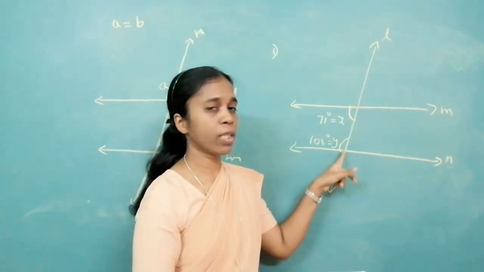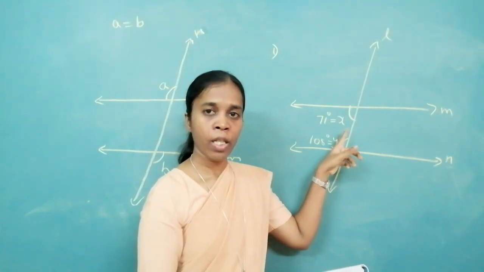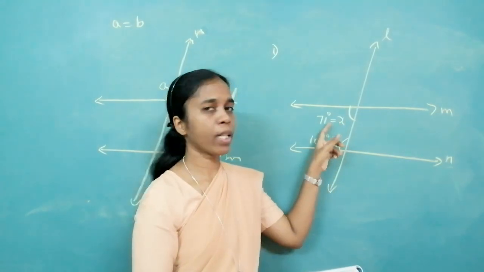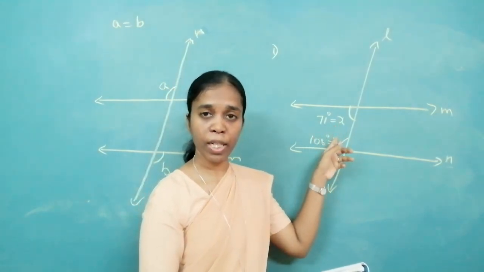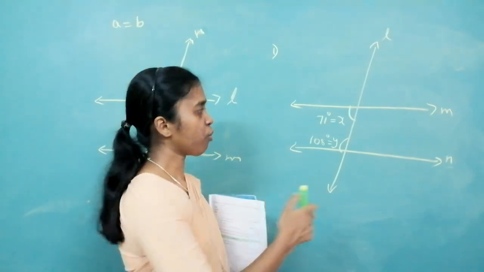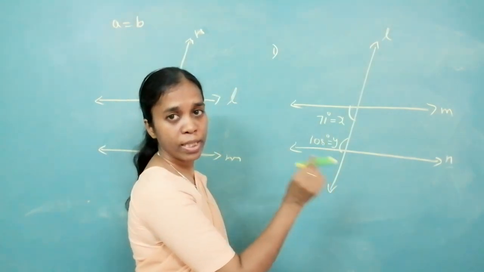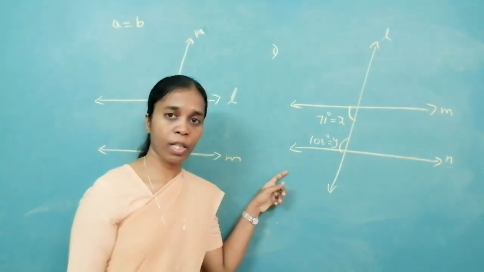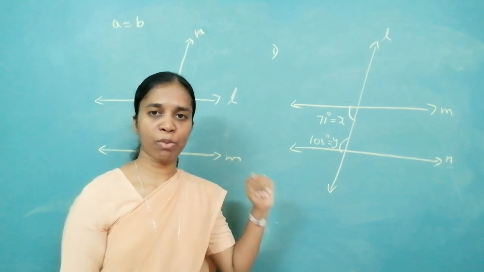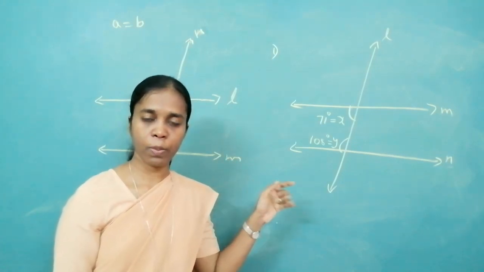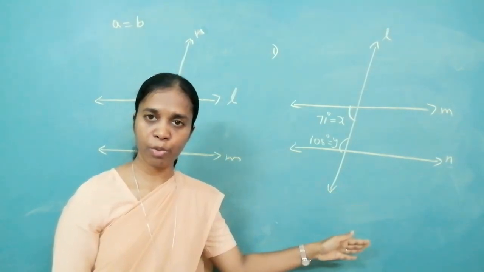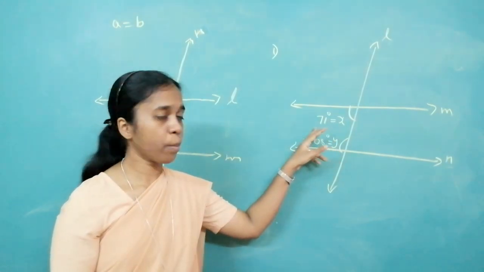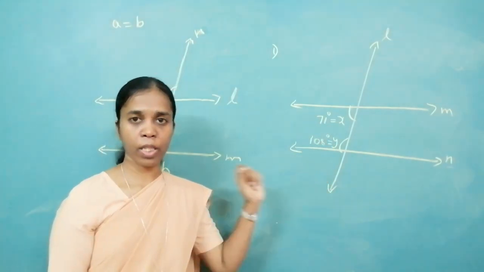What type of angles are given to you? They are interior angles. How can you say these lines are parallel? Only if the sum of the interior angles is supplementary. That means, if x plus y is equal to 180 degrees, then only you can say m is parallel to n. By looking at it, what do you feel? Are the lines parallel? You have to justify it and write it. X plus y is equal to how much do you get? Therefore, are the lines parallel or not? Don't jump to conclusions. Add properly, check and see.